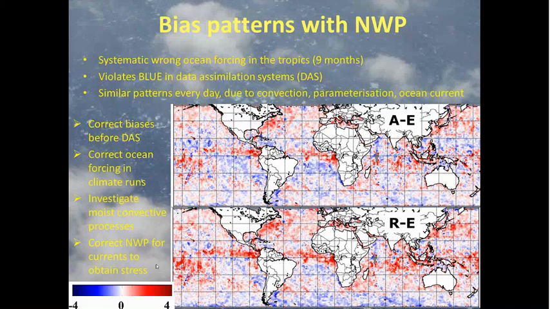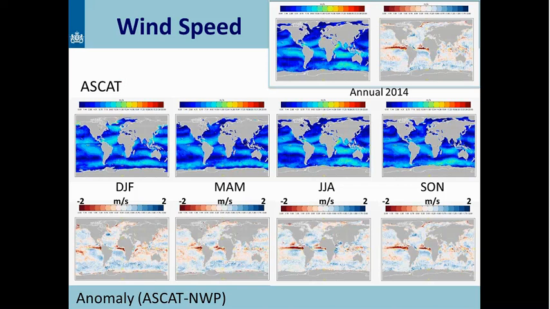This is again wind speed for ASCAT, the differences with ECMWF, normally ASCAT minus ECMWF. You see it now also for different seasons. On the top you see it for a whole year, and then at the bottom you see December, January, February, March, April, May, June, July, August, September, October, November. The scale is between -2 and +2 meters per second. So you see that some of these features are modulated by season, but they actually remain present for most of the year.